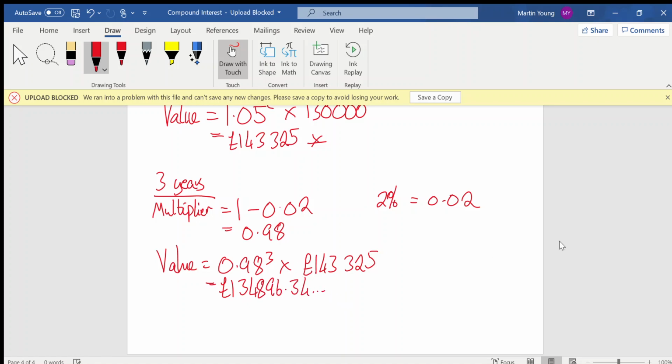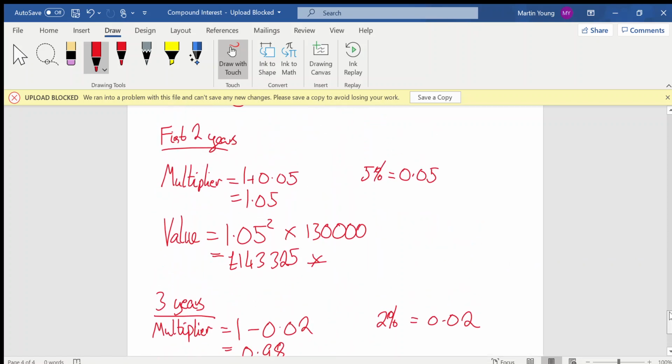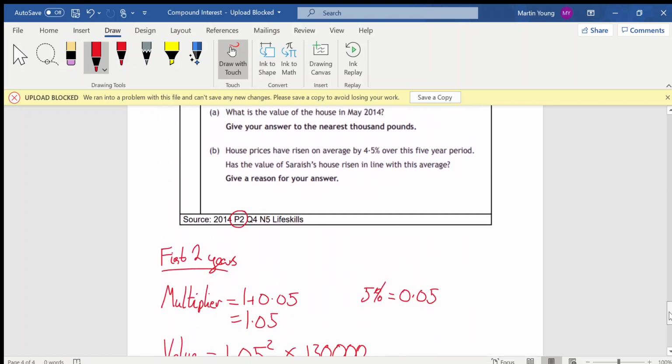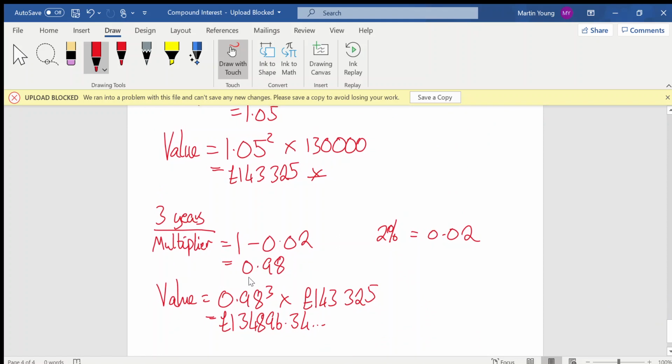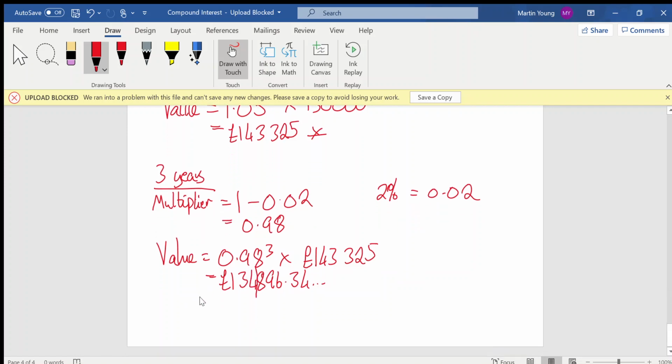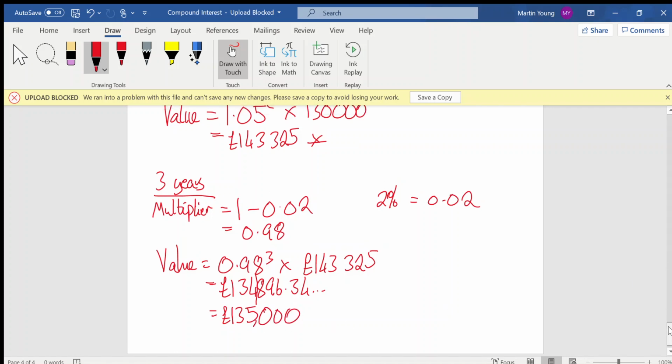We need to round this to the nearest £1,000, so let's find that. That's units, that's obviously tens, hundreds, there's our thousands there, so I'm rounding to that number 4 there. Number beside it's an 8, so it means I round up, so the value for that one is going to be 135,000, so £135,000. Okay, to do the next